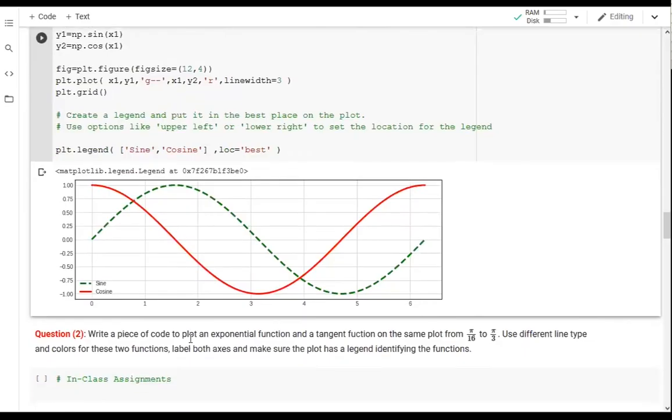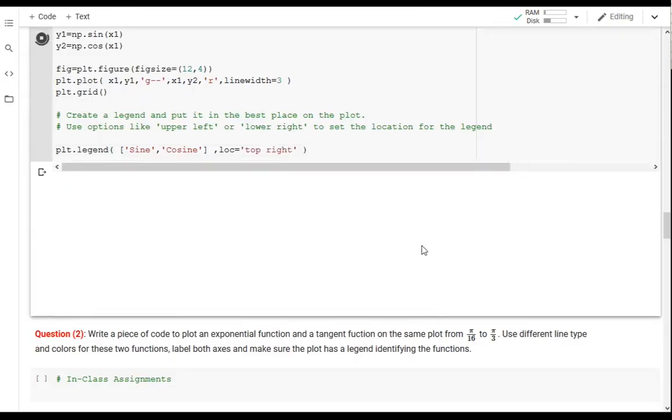now you see I get a plot with my legend here. It says the first one is sine, the second one is cosine, the same order that I plotted them. Now there are other options. Instead of saying best location, it shows the lower left because it doesn't interfere with the plots. But you can force it to put it where you want. You can say top right. If I run that,